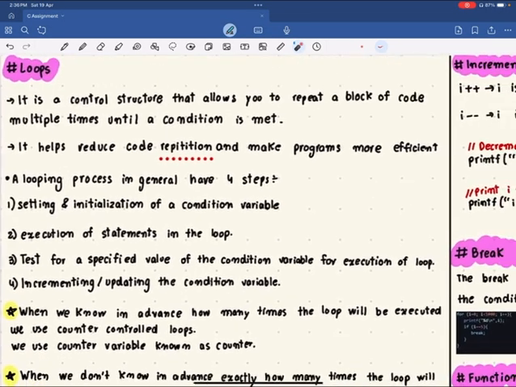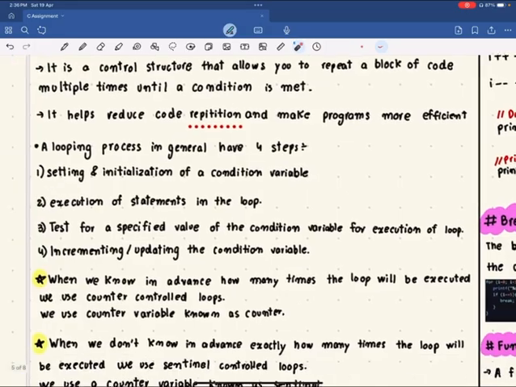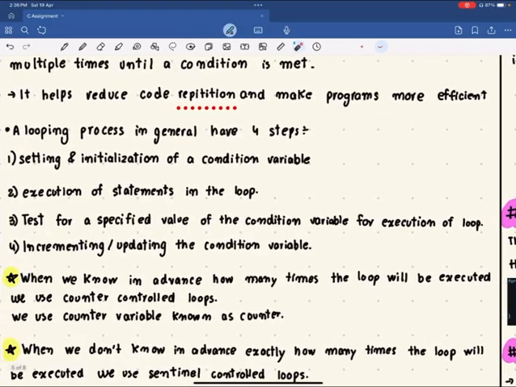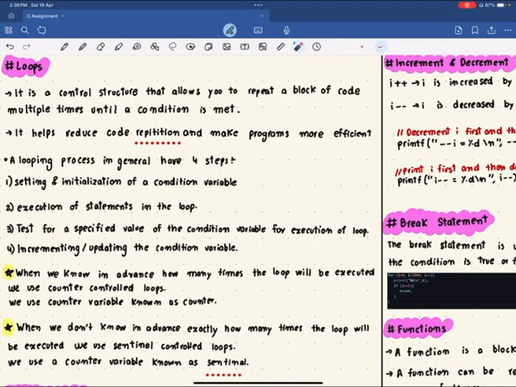Now, basically, the looping process in general has four steps. The first step is setting an initialization of a condition variable, like we saw initialization, that a = 2, like assigning a value. Then second is execution of statements in the loop. Then the third is testing for a specified value of the condition variable for execution of the loop. So we have to specify the condition here also, like we did in the switch statement and if-else statement. And at last we have to increment or update the condition variable,